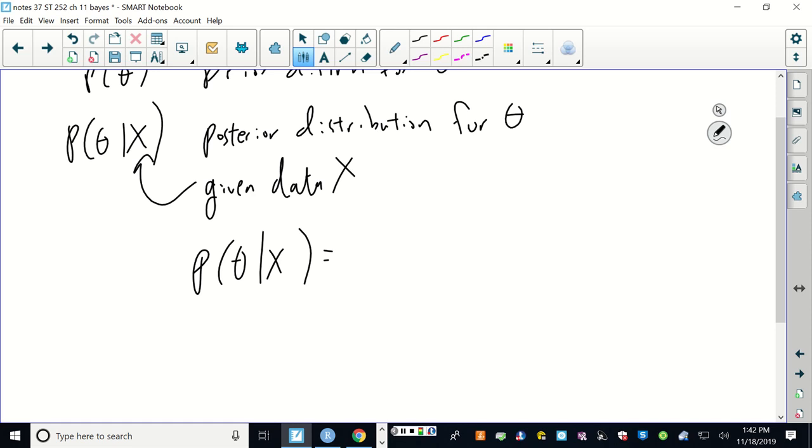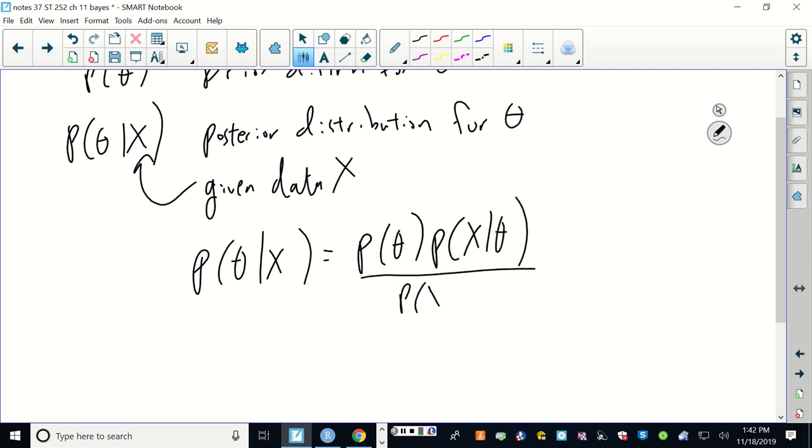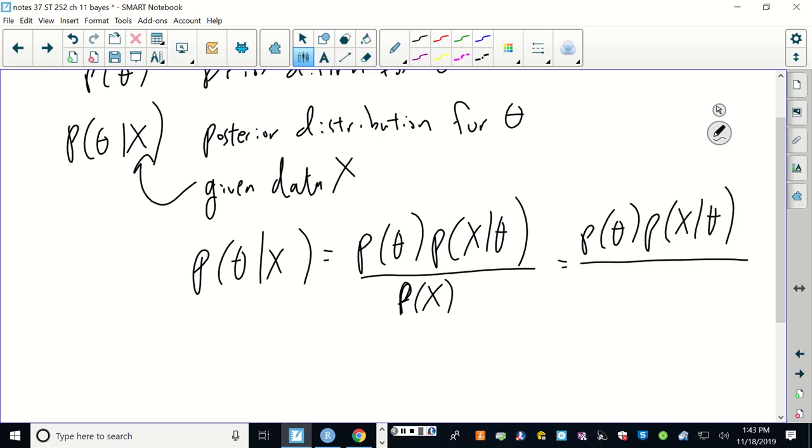Conditional probability, the probability of theta given x, can be written as the probability of theta times the probability of x given theta, over the probability of x. That's a statement from conditional probability that in terms of these symbols is true. And then we're going to look at a couple examples to try to understand how this happens in practice. This gets a little bit more elaborate in some cases because we'll see some shortcuts, but